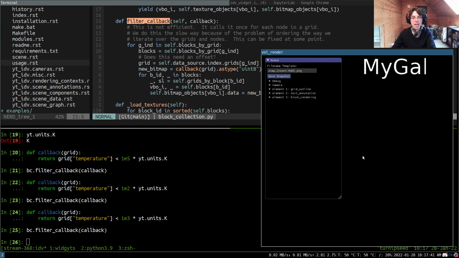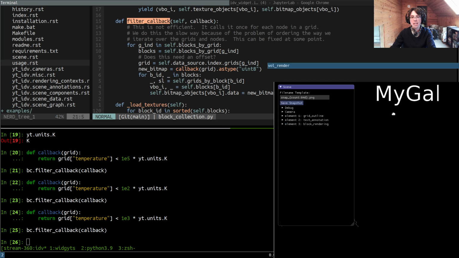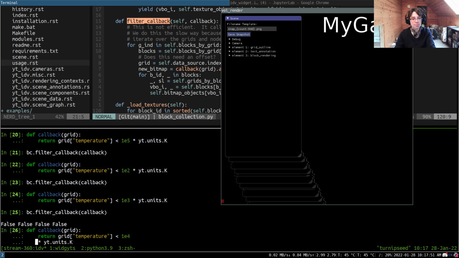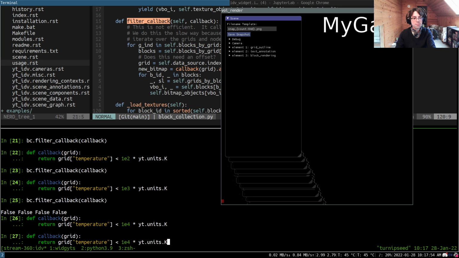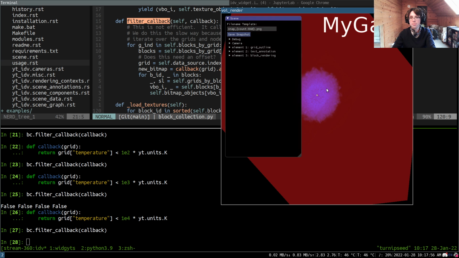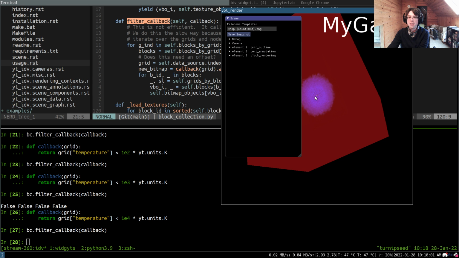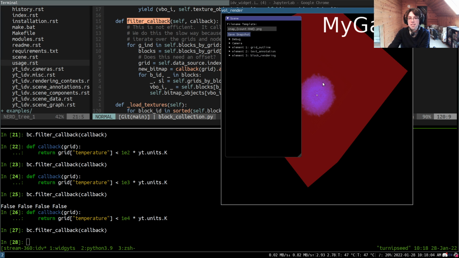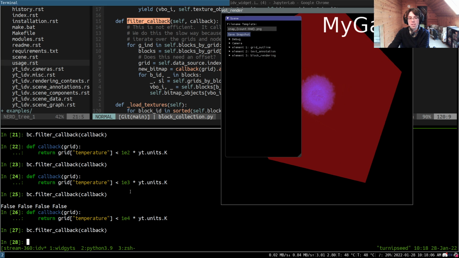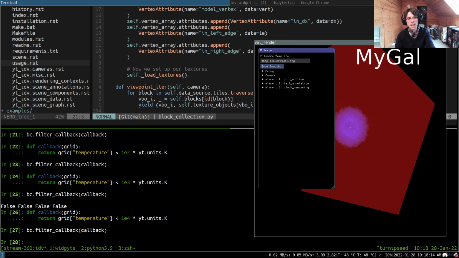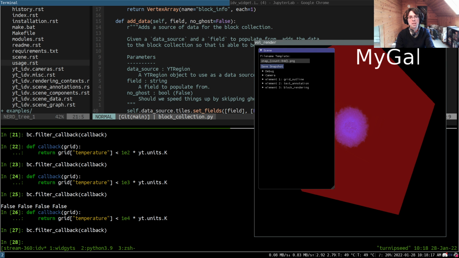So whenever you apply a new callback, it doesn't provide the logical, it's just that callback. So here, let's do everything less than 10 to the 4. So now we've cut out everything where the data had a temperature less than 10 to the 4. So this lets us apply filters and so on and so forth. Not quite as interactively as we would like, but reasonably interactively. And I actually thought that I had helper functions that were like, filter this field above some other thing, but